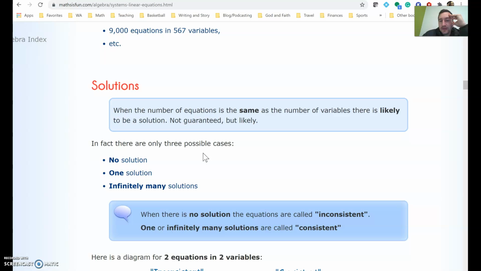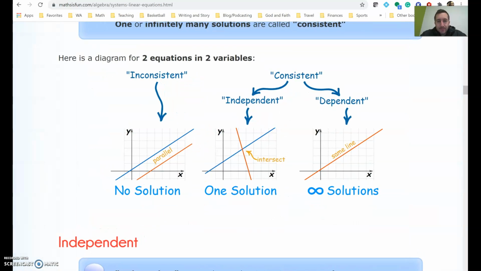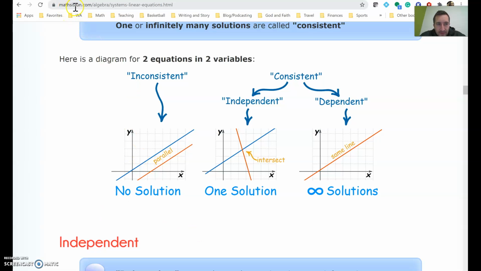They're related, and the solution, what I've been telling you, and I haven't been lying, is that the solution to a system is the point of intersection, the point that they share. And that's actually true if it's this type of solution. Look on the screen. This is one of my favorite websites, mathisfun.com. The middle one is what we've been dealing with so far. If lines intersect, they have one solution. It's staring us in the face. But what if they're parallel and they never touch? That could happen,